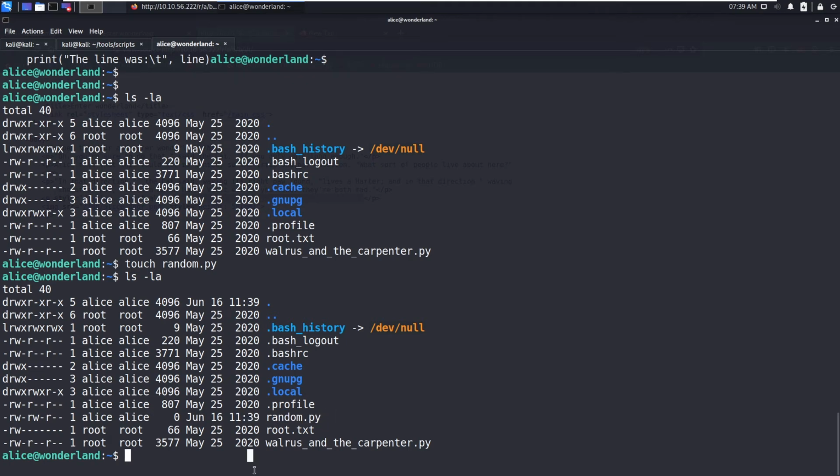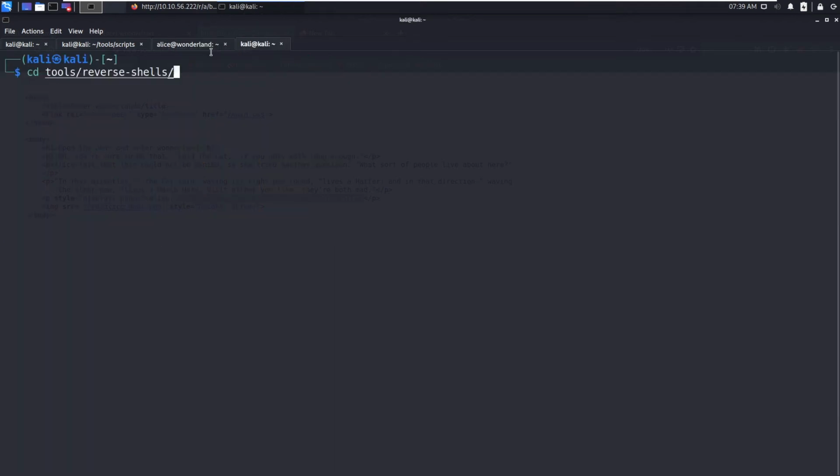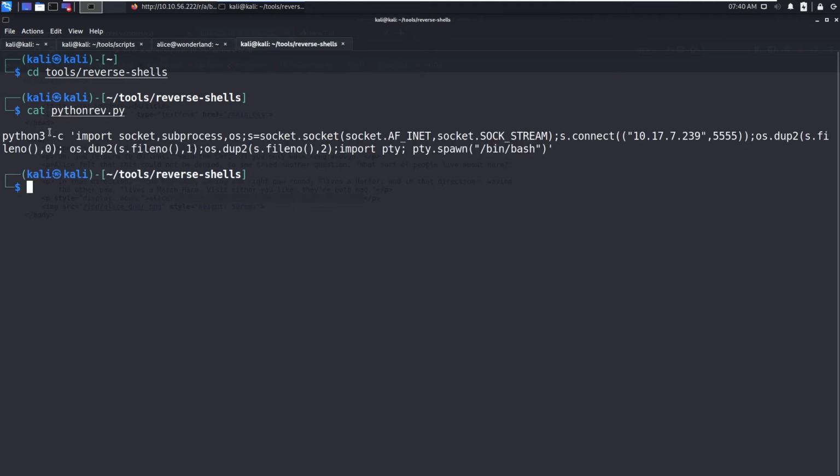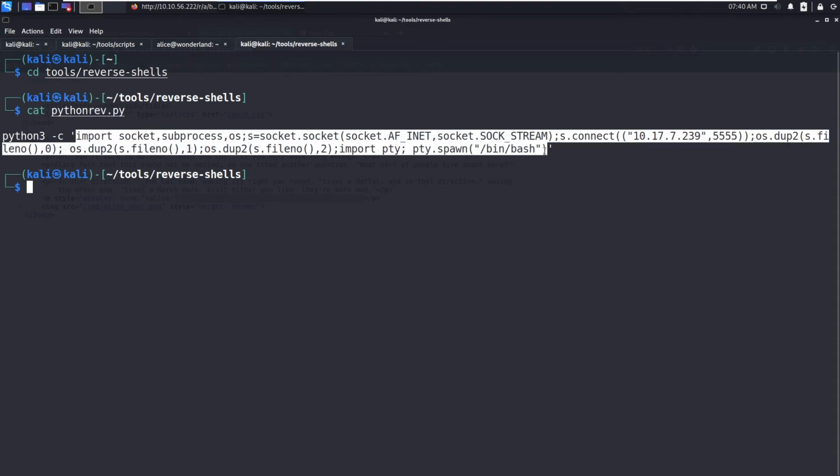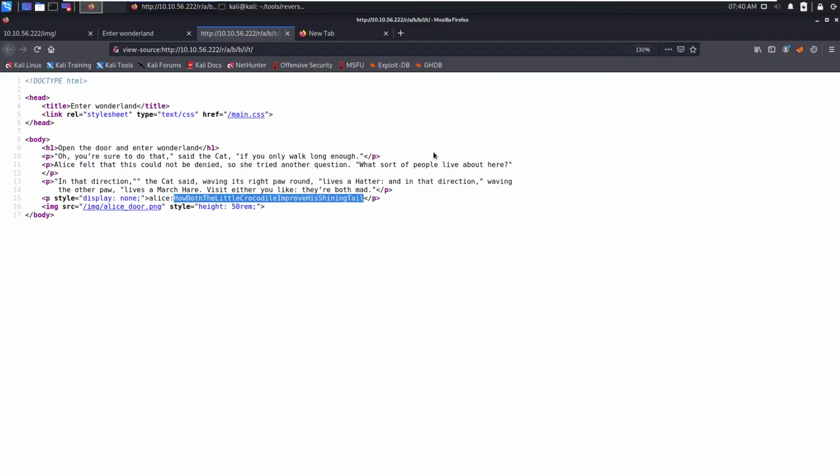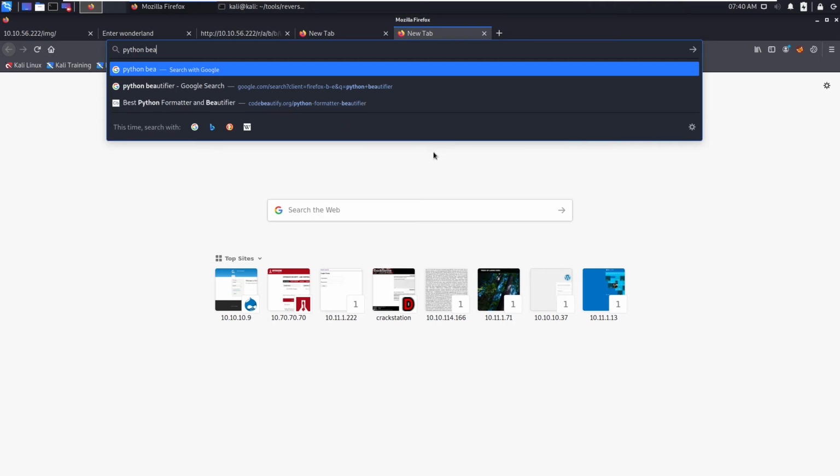Okay, so what I'm going to do is grab a Python reverse shell. Copy only this socket code. Let's go to the web and search for a Python beautifier.